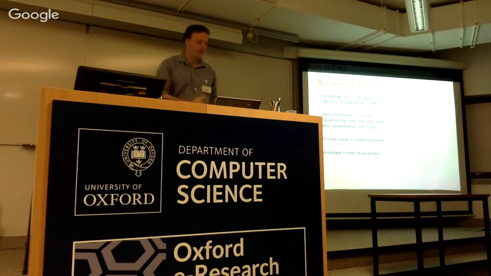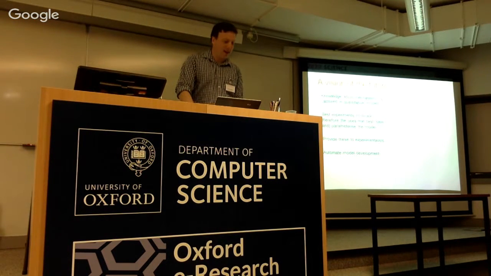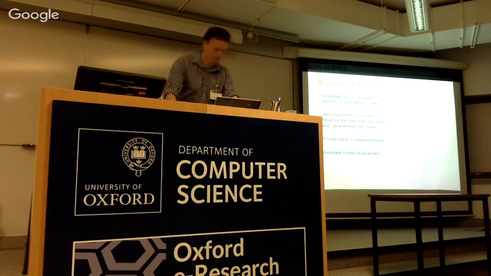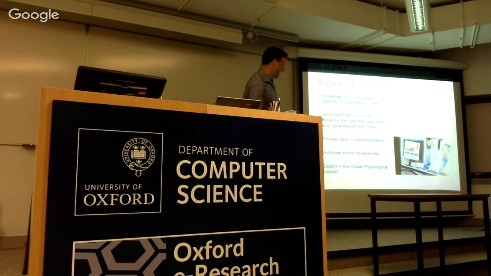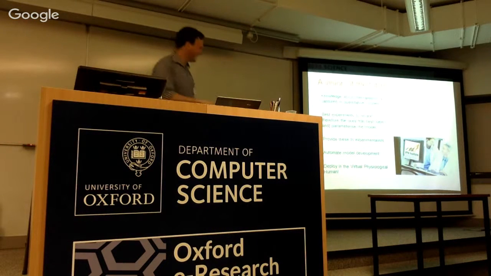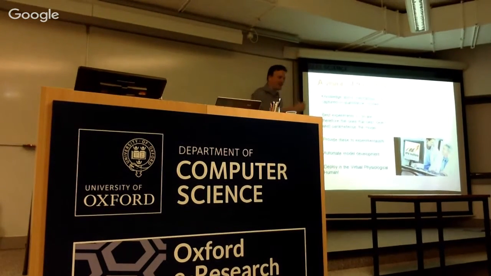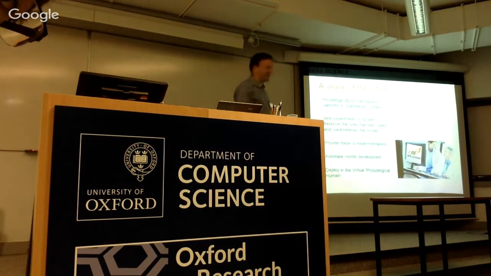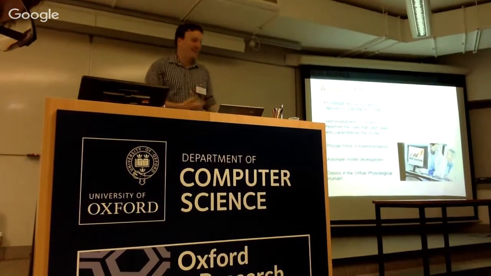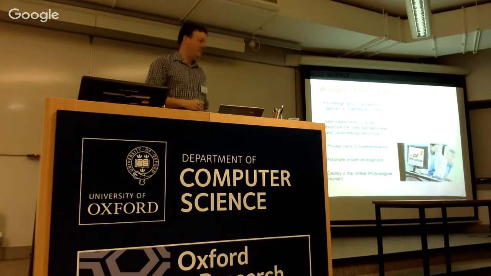How do you actually come up with a model from the data? And if you can automate all that, there's no reason this cycle of experiments and model building can't be done in days rather than months and years. But we'll talk about this more at the end, and you can shoot down my ideas. And then, when the virtual physiological human's in use in every hospital in the world, you can just upgrade the virtual physiological human. It can start making better predictions for people with this mutation in the ion channel. And it all should be almost an automated process.